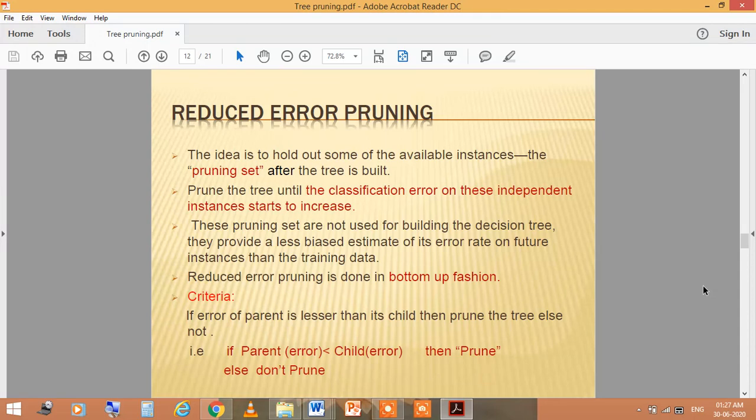So reduced error pruning is done in bottom-up fashion, and the criterion is: if the error of the parent is less than its child, then prune the tree, else not. That means if parent error is less than child error, then prune, otherwise don't prune.